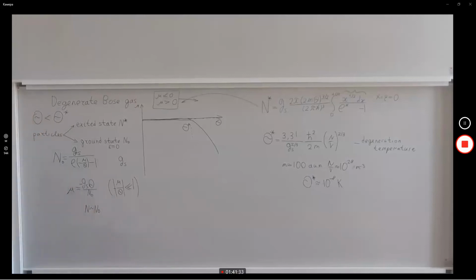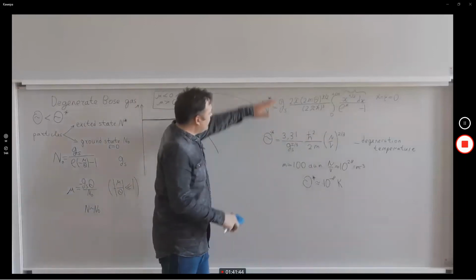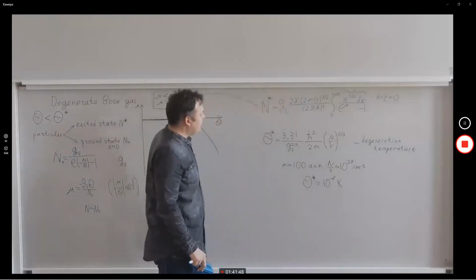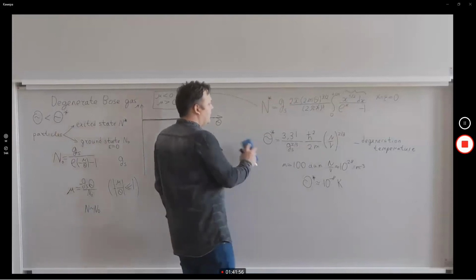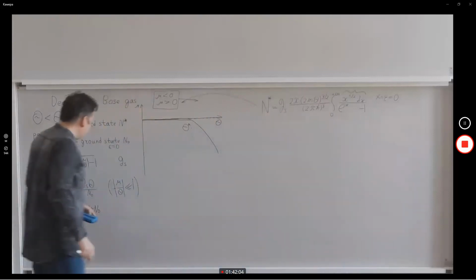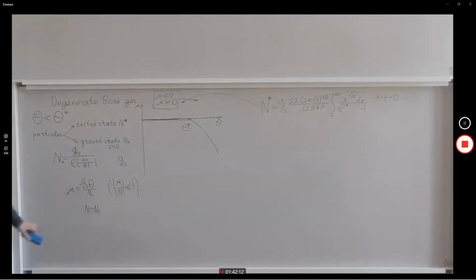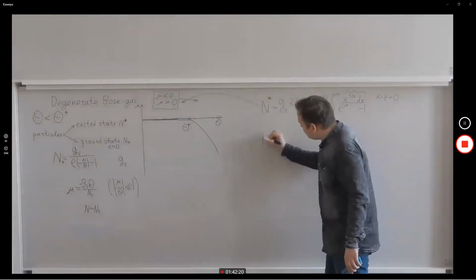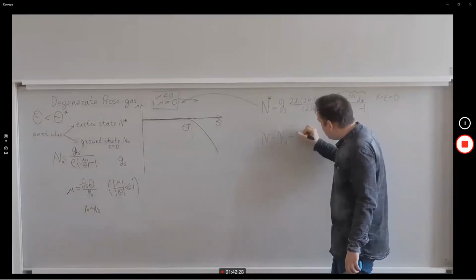And once we consider the system is very big, we put chemical potential here to 0, because this expression depends smoothly on chemical potential, and we can take the thermodynamic limit here just by setting chemical potential to 0. Let us now determine the dependence of n sub 0, the number of particles in the ground state, on the temperature. Let us represent the total number of particles as the sum of the number of particles in the ground state and the number of particles